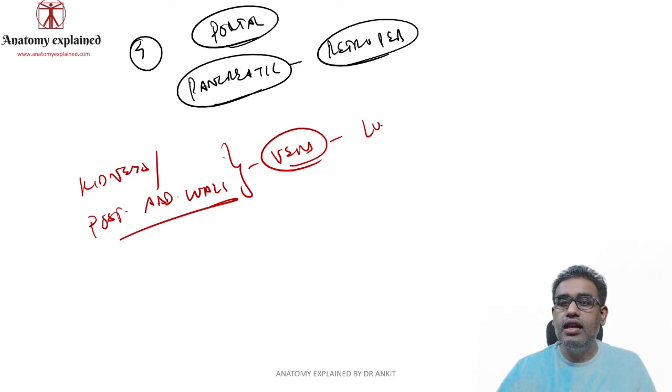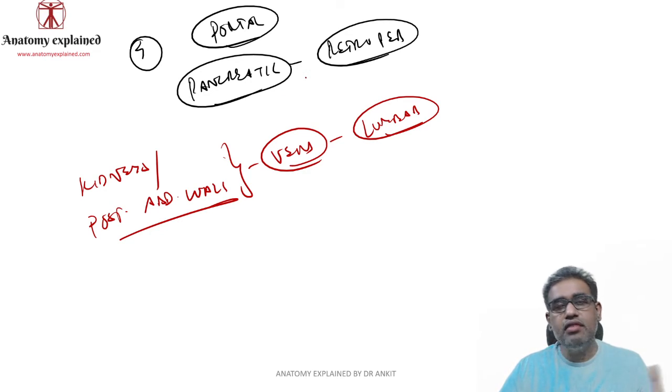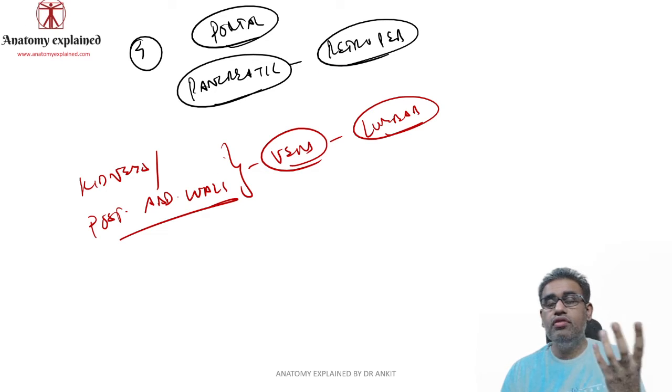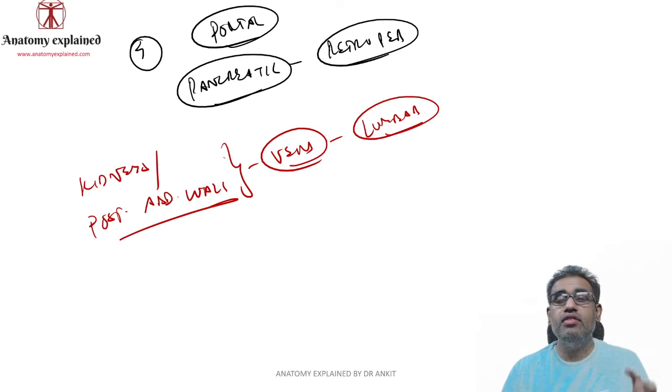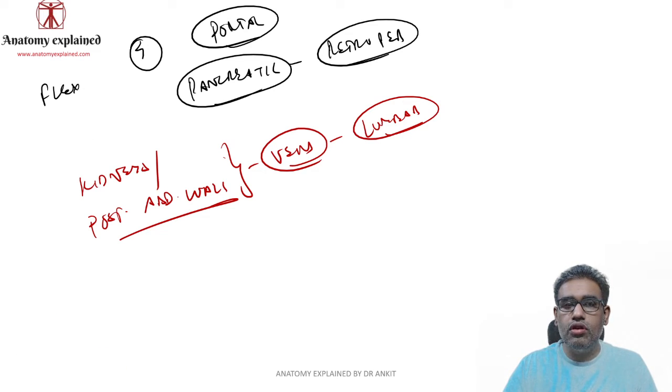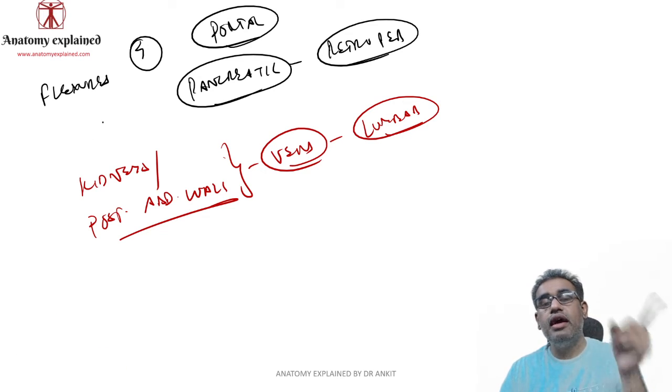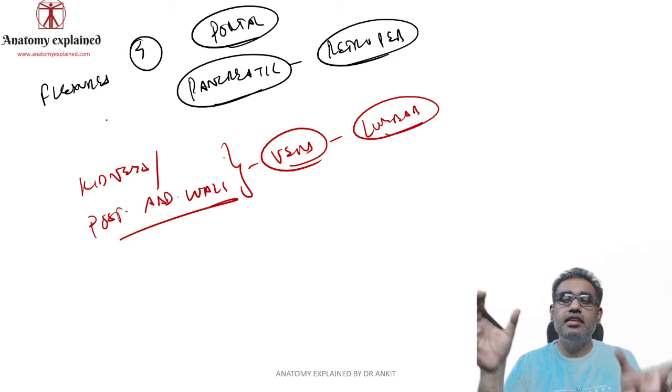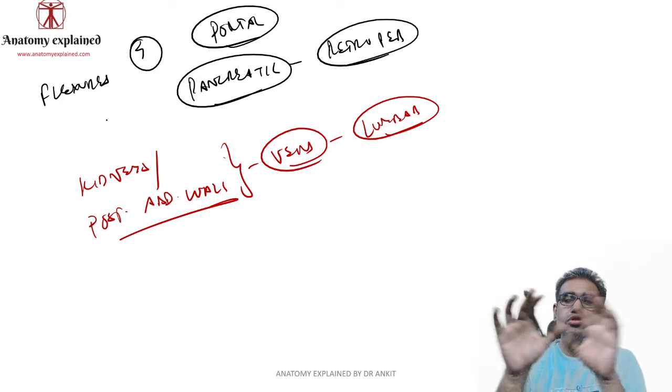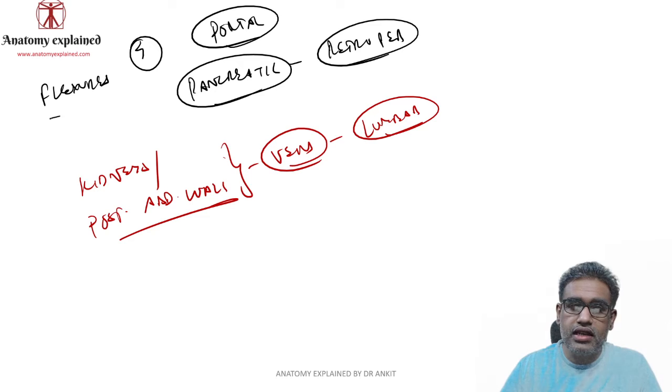We have this whole lumbar group of veins. So these are pancreatic veins, even a few of the splenic veins. And when we talk of the gut, which part of the gut is retroperitoneal? You have the duodenum, you have the ascending and descending colon. So not just the pancreas, but even those flexures of the colon, the hepatic and the splenic flexure, where the ascending and descending colon are joined by the transverse colon.